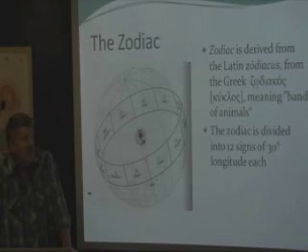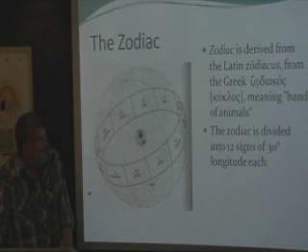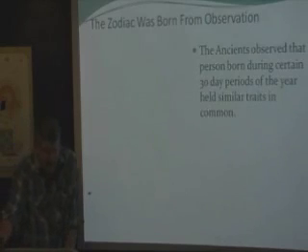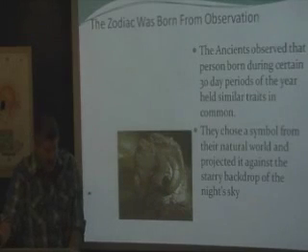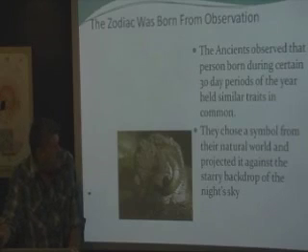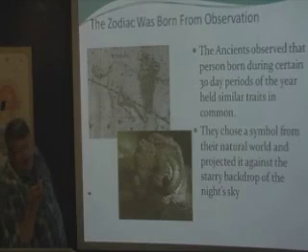So you can see the word zoo in zodiac, which actually comes from the Greek zoe, for life. Now, what happened was the ancients observed that persons born during certain 30-day periods of the year held similar traits in common. And then they chose a symbol from their natural world, and they projected it against the backdrop of the starry night sky. In this case, since the astrology